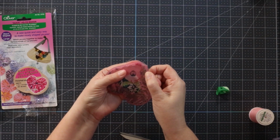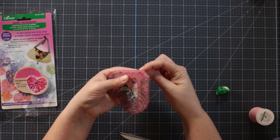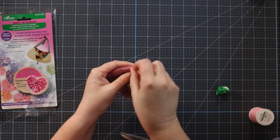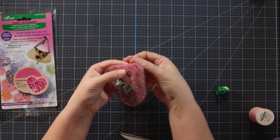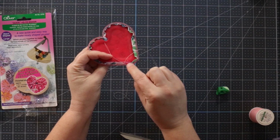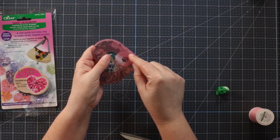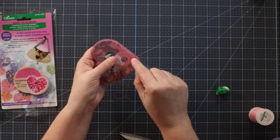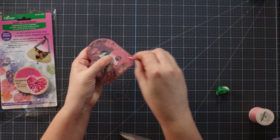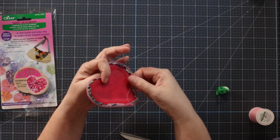Okay, we've made it all the way around, and then we're going to make one more stitch, which is repeating the first stitch. So this first stitch and this last stitch are going to be basically right on top of each other, but you don't want to go through the same holes because you don't want to pierce your thread. So they're going to be 2 stitches that are right next to each other, making sure that you don't go through and poke the previous thread with your needle. So now we have gone all the way around,